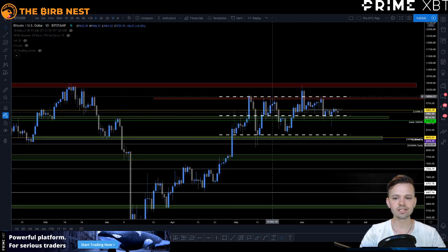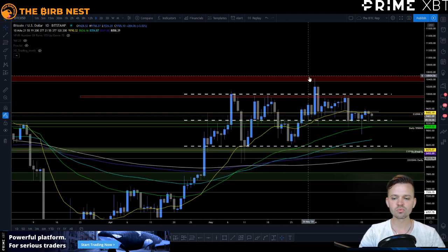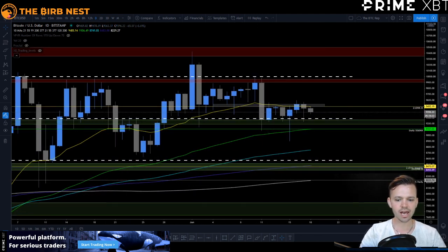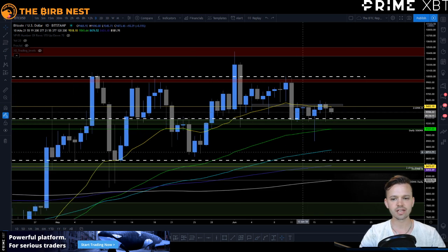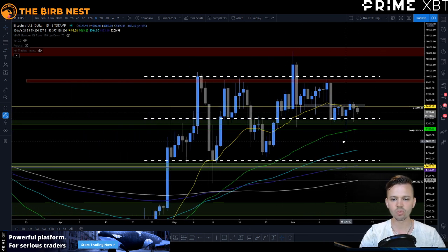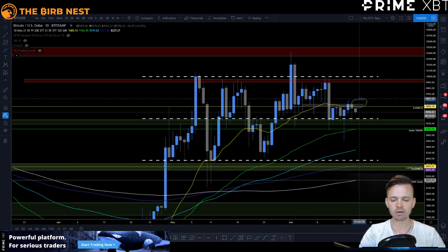And looking on the daily, it's quite obvious that price doesn't really seem to want to reclaim the daily 21 EMA here. We had a daily close above here, but we closed the next candle below. This is a daily fake out, right? That's why as a patient trader you want to wait for daily open and closes, and that's exactly what I want to see here. I want to see a daily open and close above the 21 EMA to confirm it